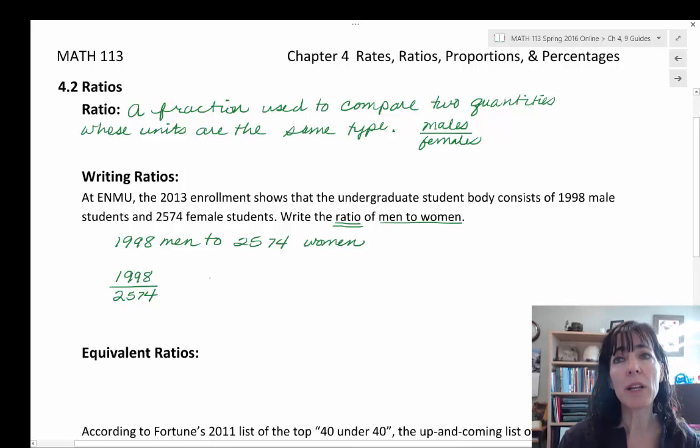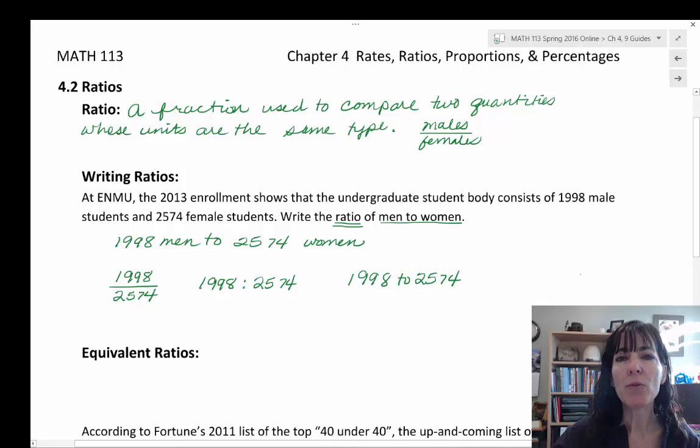And we could also write it with a colon in between so that we read 1998 to 2574. And we could also use the word to in between. So it would be 1998 to 2574. So three different ways that we could write a ratio when we're talking about males to female students at